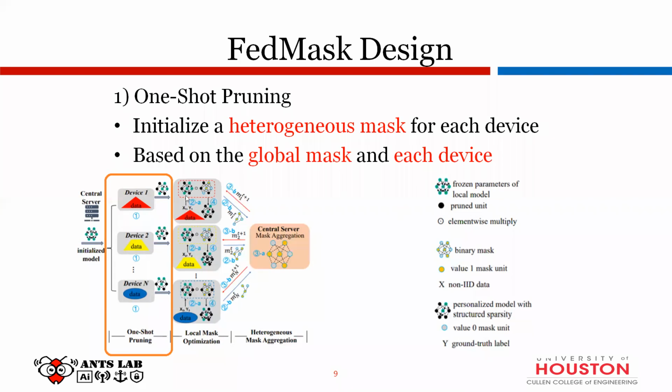So basically, they generate those two for the optimization. One is the pruned model, and the other one is the initialized mask. Yes, that is the job of this one-shot pruning. It's a one-time thing, basically. But they do the one-shot pruning differently, right? But all the one-shot pruning is from the same initialized full neural model from the centralized server. Is that true? Yeah, all of these come from the same initialized model and also the same mask. So all of them are global and the same. But because of different devices, they generate different models.